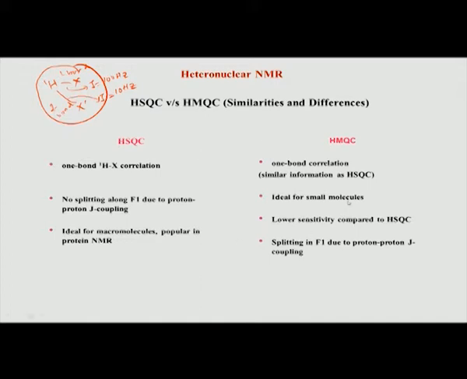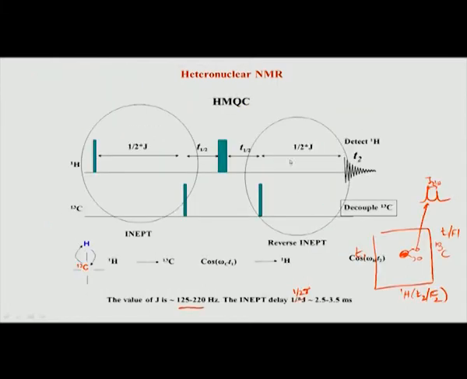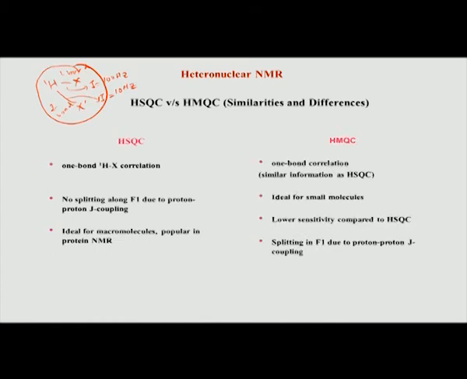But having said that, HSQC is not always that good, in the sense that you apply a larger number of pulses. We saw that for the INEPT we needed a 180 degree pulse which has to be broadband, because it has to cover a big range from 0 to 200 ppm in carbon. But in HMQC, if you recollect, we do not have any 180 on the carbon channel. So the 180 on carbon is not critical in HMQC, and you do not need a special broadband 180 degree pulse. That is why HMQC is easy to apply.